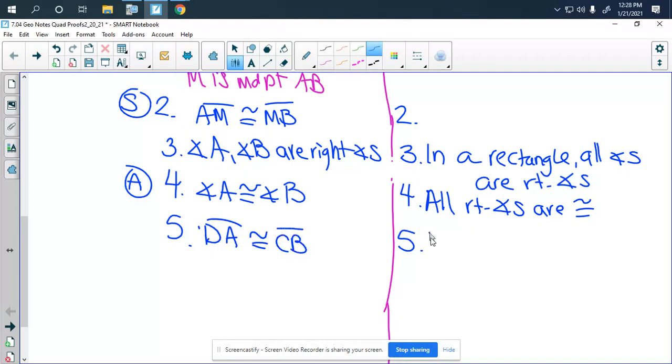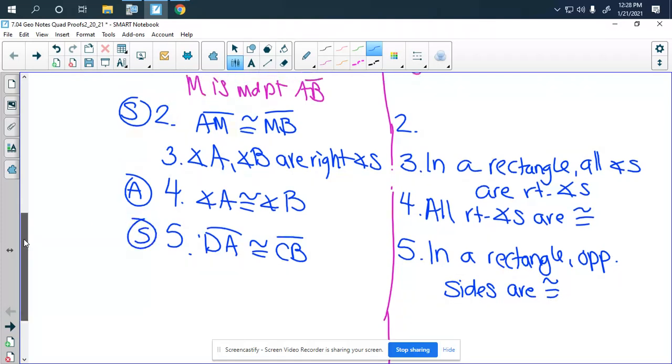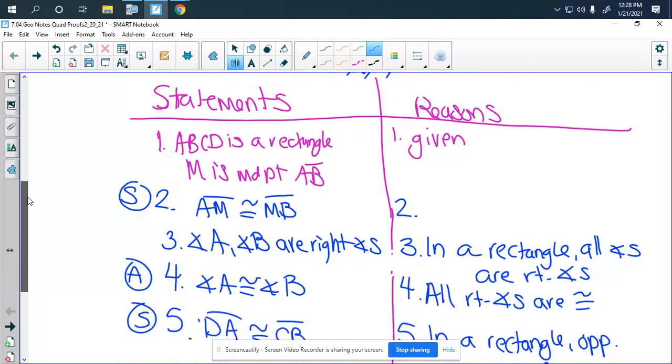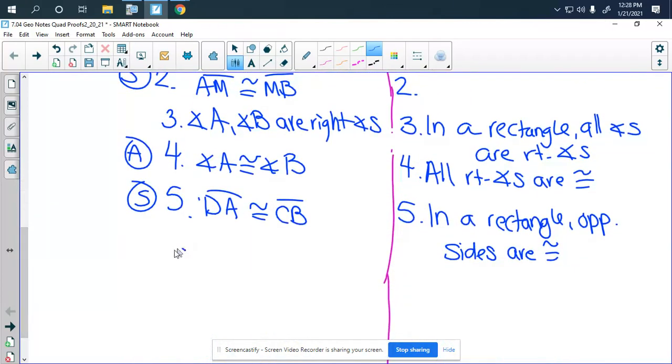And the reason there would be, in a rectangle, opposite sides are congruent. Which gives me my other pair of sides. So now I've marked off 2 pairs of sides and a pair of angles. So now, since everything's crossed off, I have enough information to say that triangle DAM is congruent to triangle CBM